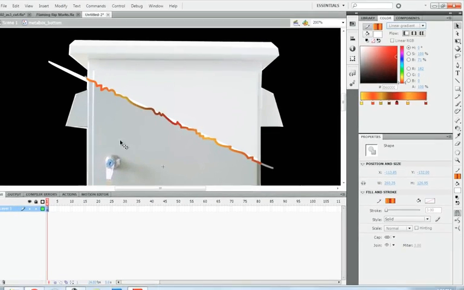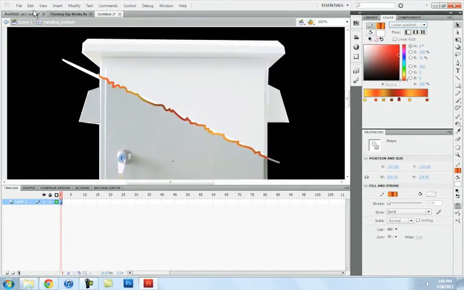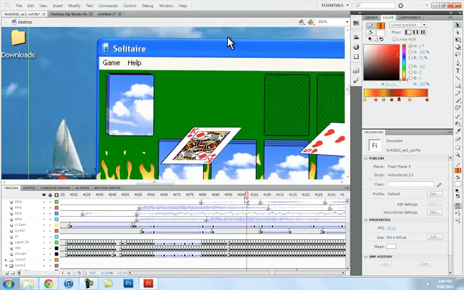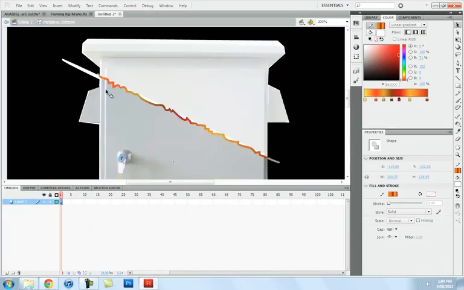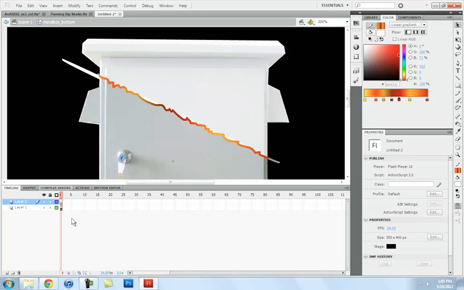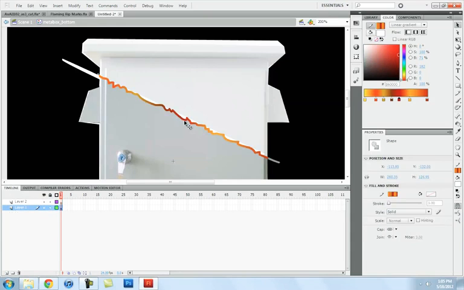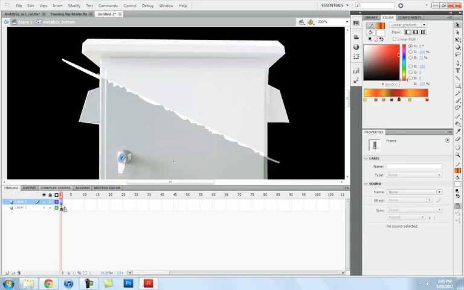Next, you want to make it animate. If you notice, it animates here. The colors change. So we're going to do the same thing. First, we want to separate this line from the background image. So I'm going to make a new layer, and then double click this, Control X, and next layer, Control Shift V. Then we're going to extend it